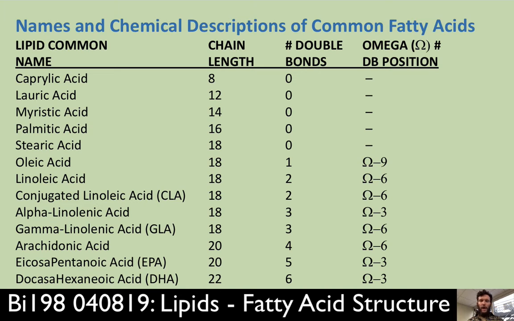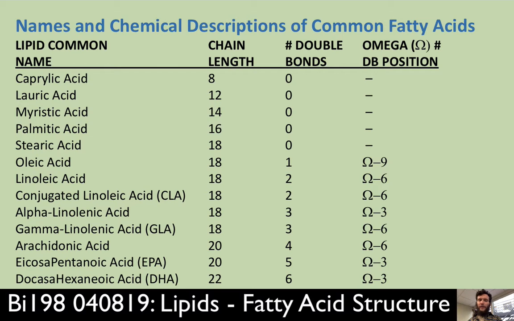So there's a number of different ways that these fatty acids compare to one another. As you look at this list, this is not an exhaustive list of all the structural possibilities that there are for the fatty acids. These are just the ones that commonly occur in nature. And so one of the characteristics that you'll see are chain length, number of double bonds, and exactly where that first double bond is located.